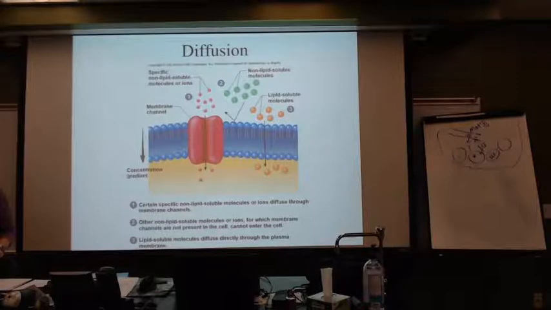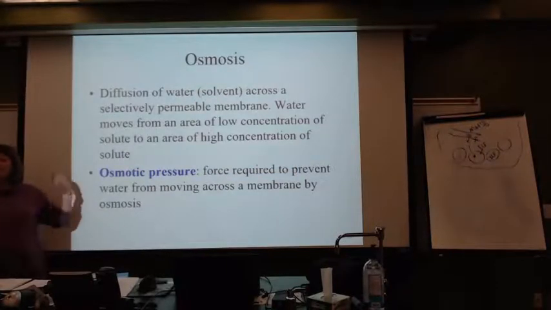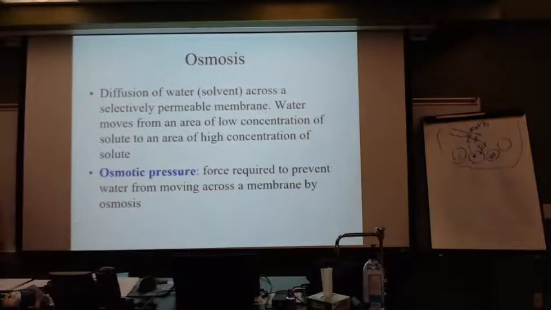Deprive a cell of getting rid of the waste from using oxygen, which is CO2, you're going to kill it. So letting them move just through those phospholipids is good. So we have our simple diffusion and we have our facilitated, which would be the protein. For the movement of water, osmosis. This is where water gets to move across that plasma membrane,